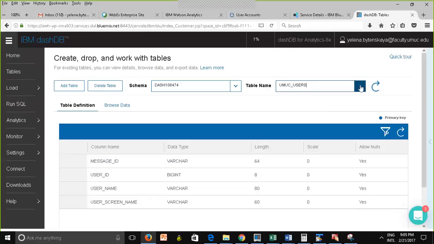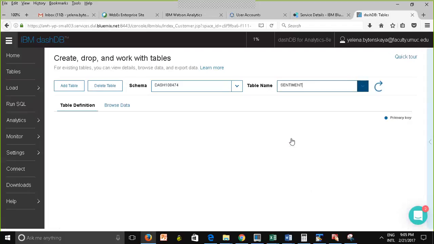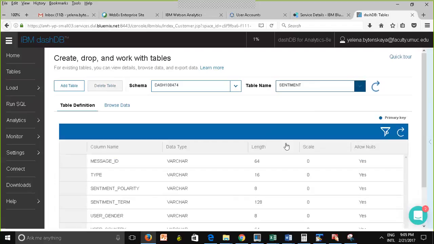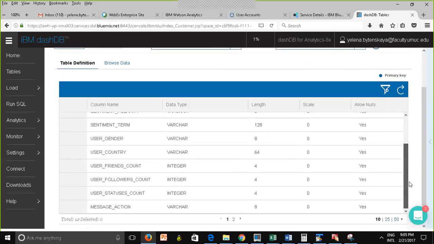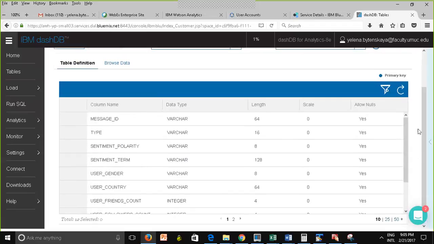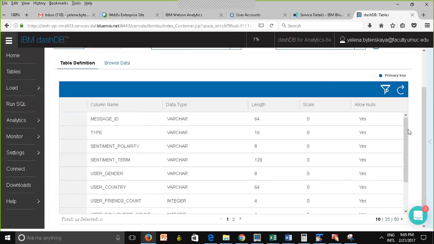So what I could do is I created a view, and the code to create a view is in the walkthrough. I created a view and I called it sentiment. What the view does is pull the columns that I need. Behind the view, it is joining those tables on common columns, and I'm creating a view over here. So that way, when I get my data into R, I don't need to worry where my data is stored.